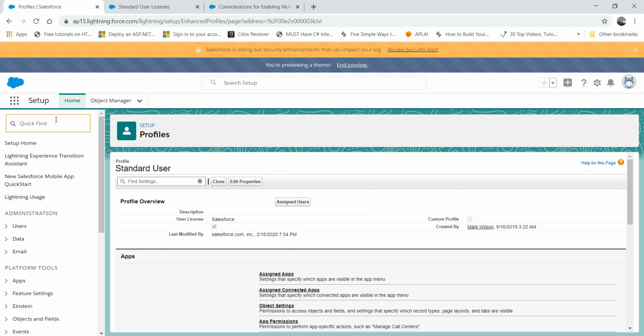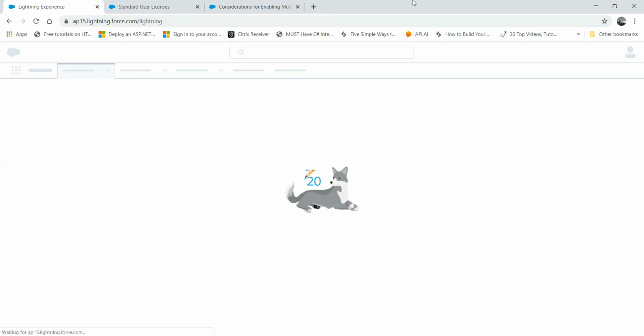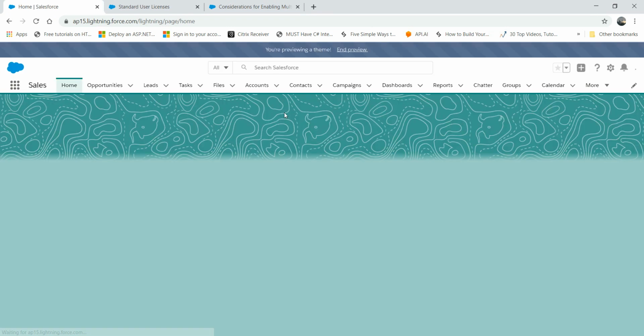Cool. Now, another thing I wanted to talk to you about, since we're talking about the user interface, right? I wanted to talk to you about the list views. If you remember, in the previous session, I talked about Kanban and the list views. Let's go to account again. The way you go to account, you see this URL right at the very top. Just remove everything after Lightning,